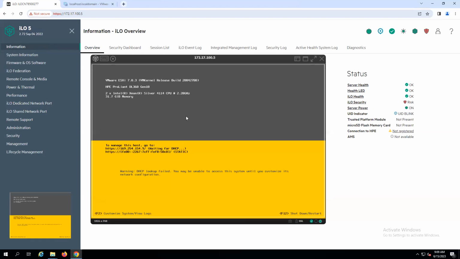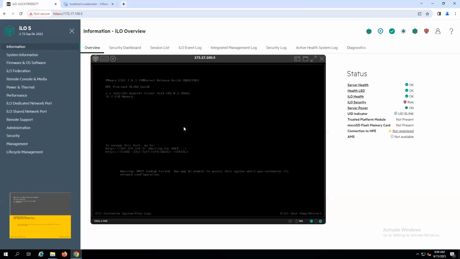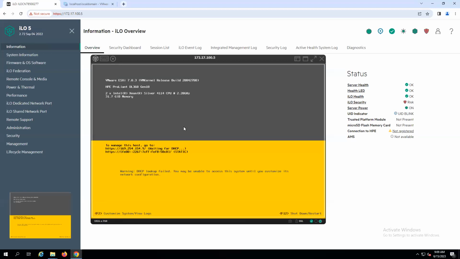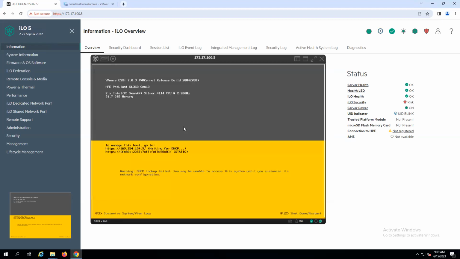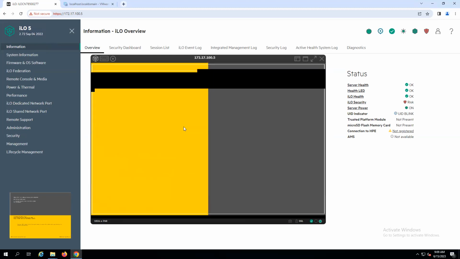I'll do one thing. I'll configure the IP and we will log in. So how to configure? This is the ESXi we installed. The option is to go to F2. We have to configure the IP address. Just see the option. What I'll do. So IP is